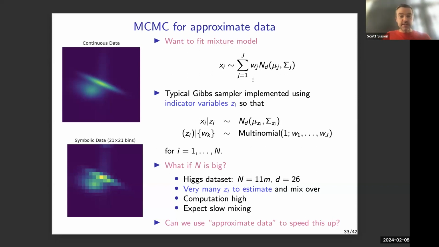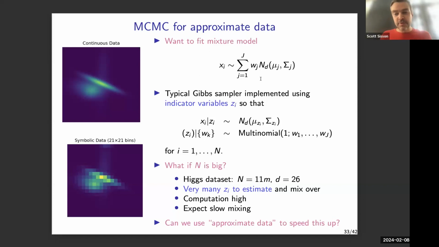And this is good because, when you put the samples together, you get lots of nice closed form conditional distributions. But within the sampler, you have to do MCMC on all of these terms. Now, that's fine. But let's suppose we have a large data set. I've got a Higgs data set picture in a second, that's basically 11 million data points. So if we're fitting a mixture model with 11 million data points, I've got 40, 50 regular parameters in my mixture components, but then I've got another 11 million parameters I've got to introduce to integrate over. Now, this might be efficient, it might not be, but I've got to do a loop over all of these 11 million parameters, and that's going to be slow.